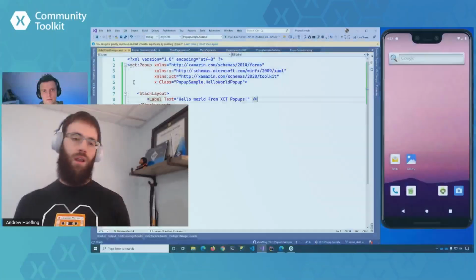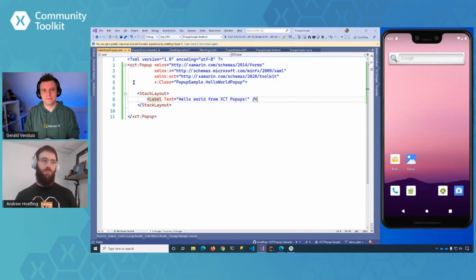So it is actually creating a content view in the implementation, but it's creating whatever that natively turns into, and then that gets added to whatever native pop-up. So for Android, it's going to be using a dialog. For iOS, it's going to be using a popover. For UWP, it's going to be using a flyout. But it's still operating the same way any content view would operate inside of Xamarin Forms today. We're just kind of putting these different pieces together.